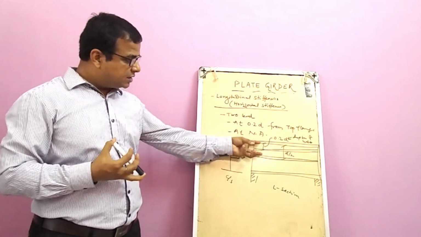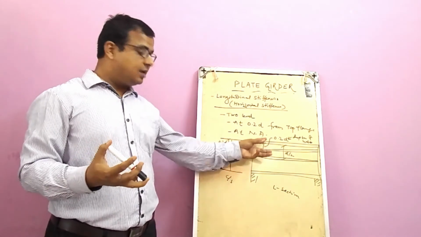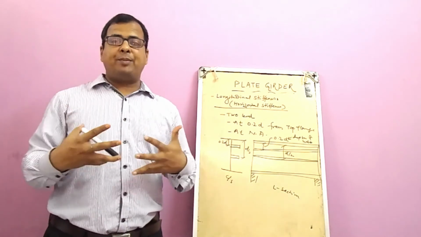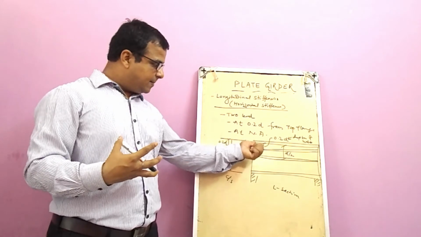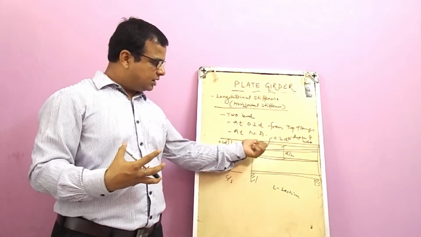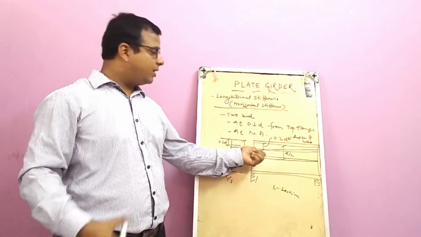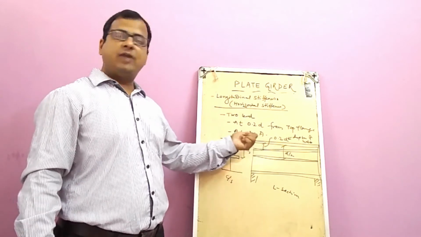But in the compression zone there will be compression due to buckling as well as compression due to the bending. So those two compressions will create severe conditions, and this will be approximately half of this distance. So hence we generally provide our first horizontal stiffeners at a depth of 0.2 d from the top flange.